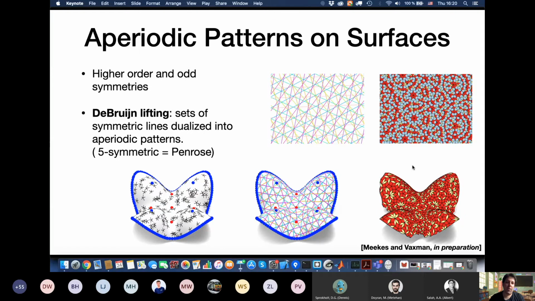So we wanted to ask the question, can we put Penrose patterns on those kinds of surfaces? Penrose patterns are aperiodic. It's a little bit difficult to do with vectors U and V flowing. How were we able to do that? The answer is that those kinds of patterns still have an underlying directional field reduction. So a Penrose pattern and other things like it can be created by generating a set of parallel symmetric lines, like you see in the image at the top left, which we can dualize. That means every one of those intersections of these lines we can make into a small quad, and then that can be turned into a